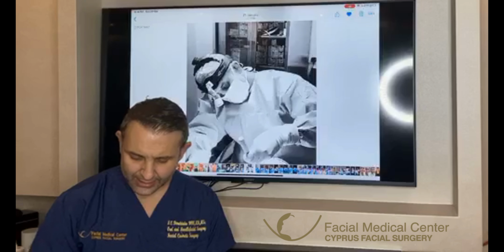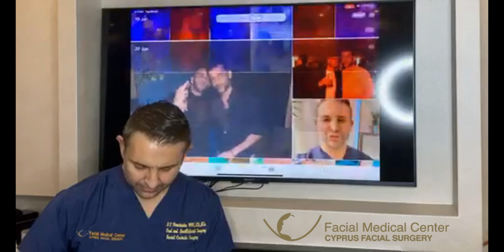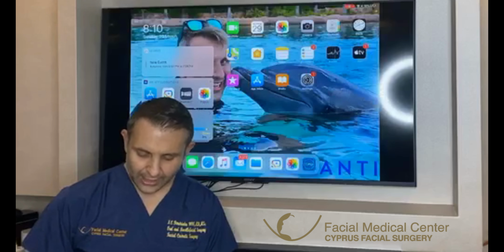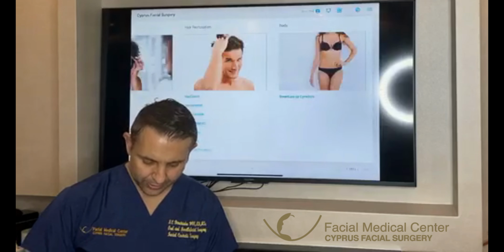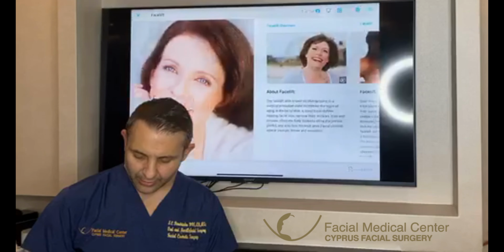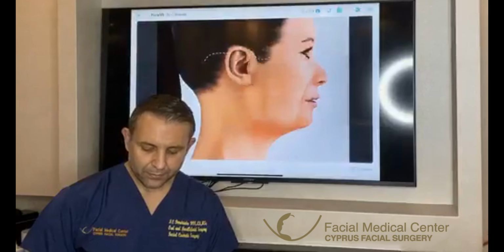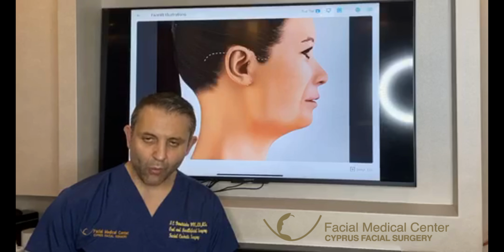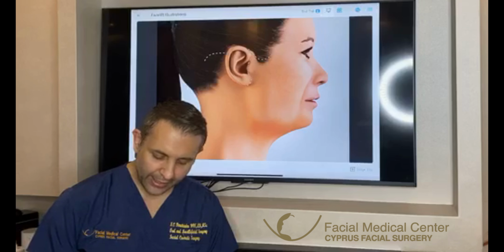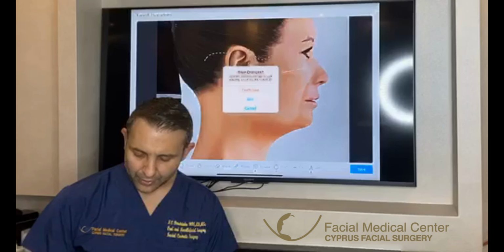All right. And the last thing I'm going to do, I'm going to show you here where we place these incisions, because plenty of you ask me all the time, okay, where we place these incisions. And I'm going to go here on my facelifts, and I'm going to pull up the incision pictures so you can see. Now, that's the incision of a full facelift. What we do, we just make a cut in the hair, into the ear so you don't see it, and behind the ear into the hair. From this incision that you can barely see, as I show you in my videos, all right, you get the